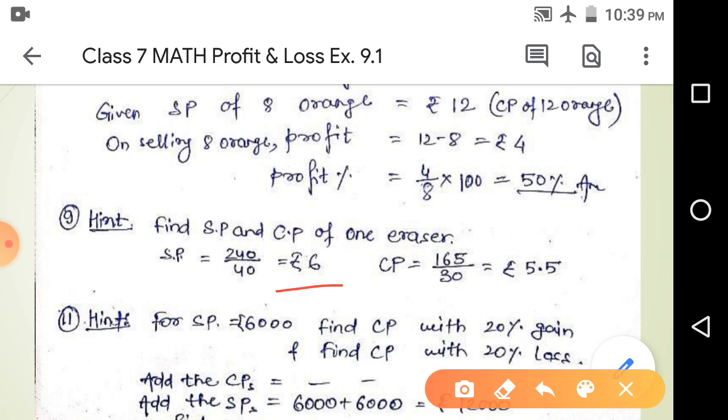And one more thing, the selling price of 30 erasers is given as rupees 165. Okay, so it is the selling price. So for one eraser, the selling price is rupees 5.5. Now we can deal with those two terms. This one is the selling price. I am telling selling price, it is written wrong here. It is the selling price and it is the cost price. This is wrong. Now you can get the answer.